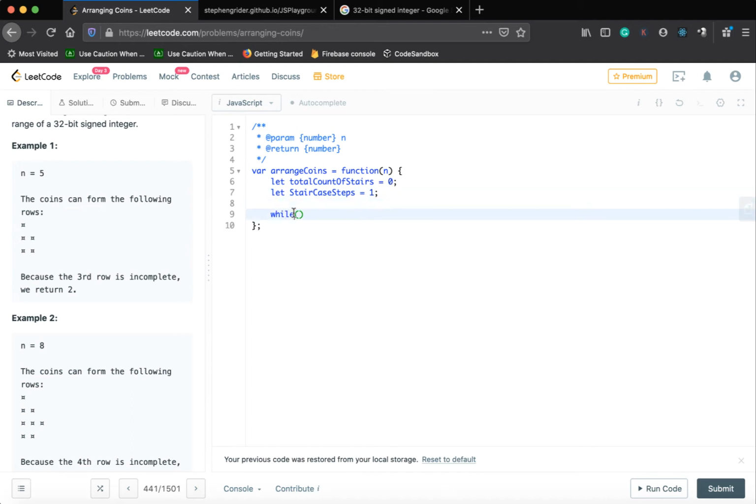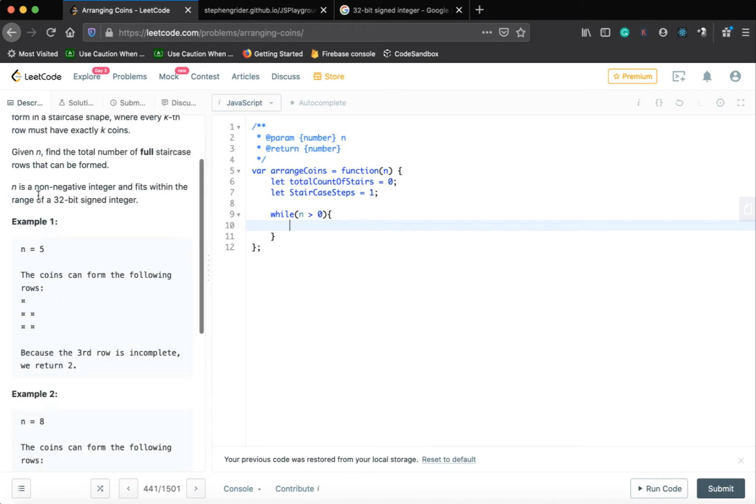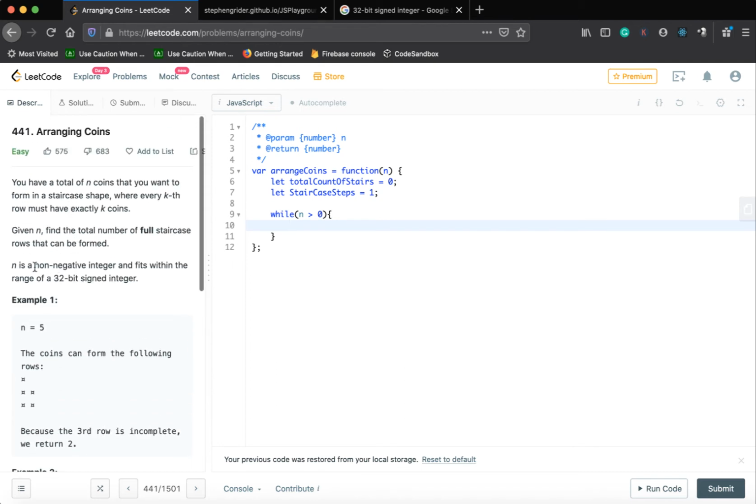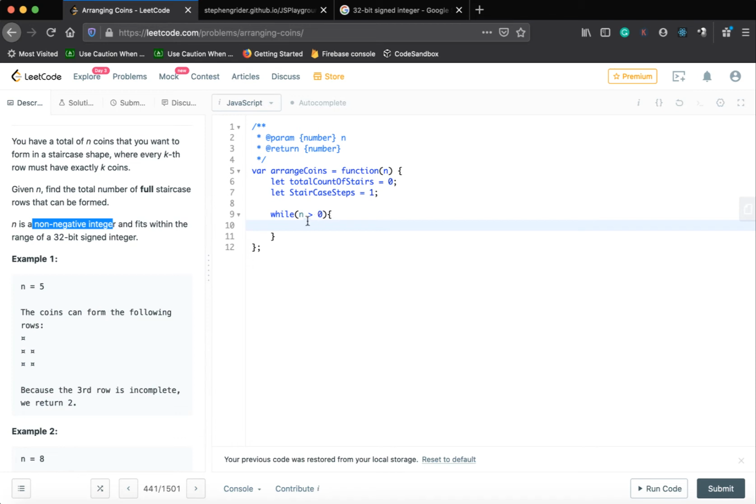While n is greater than 0. We have to have a value greater than 0, because if we have a value less than 0, that means we can just return the stair as 1. It depends. We can have various conditions, but for the time being, it is a non-negative integer, right? It means it is a positive value. We could have a negative value if the condition was something else. So now we'll try to